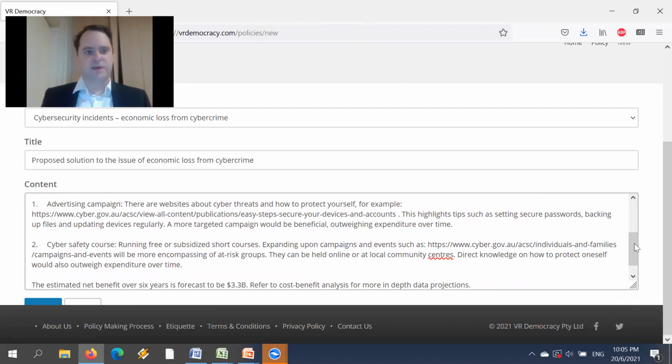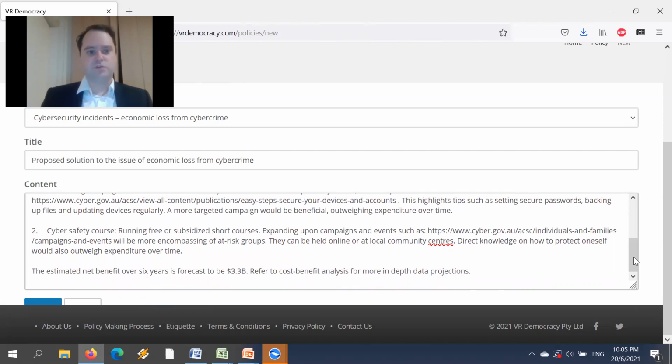Directed to websites about information, so it's in their sphere of information. And secondly, there could possibly be a cyber safety course. Now, this can perhaps be subsidized or funded by governments, with workshops to help defend individuals that may not have experienced this in the business environment. Now, of course, this costs money.